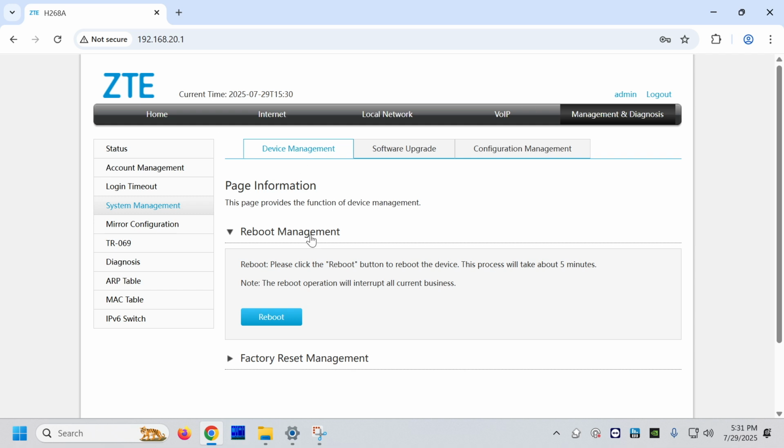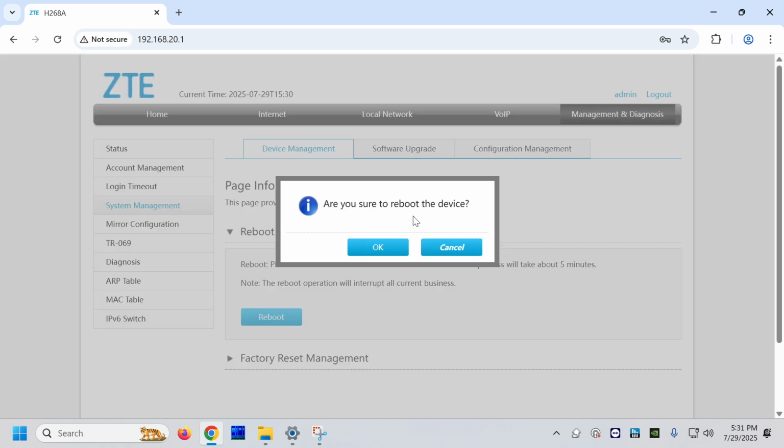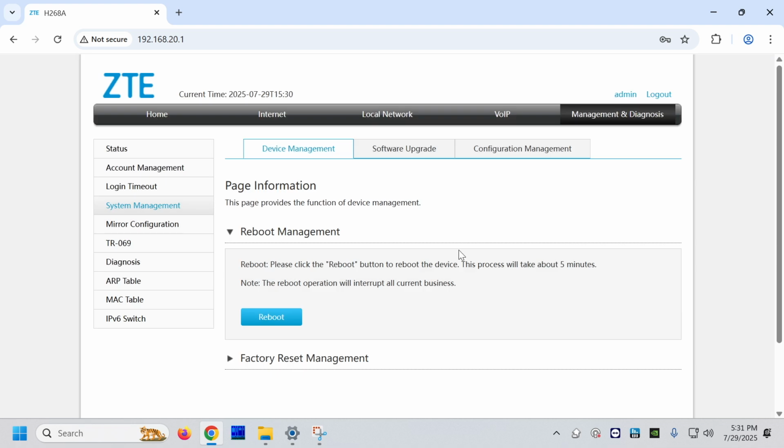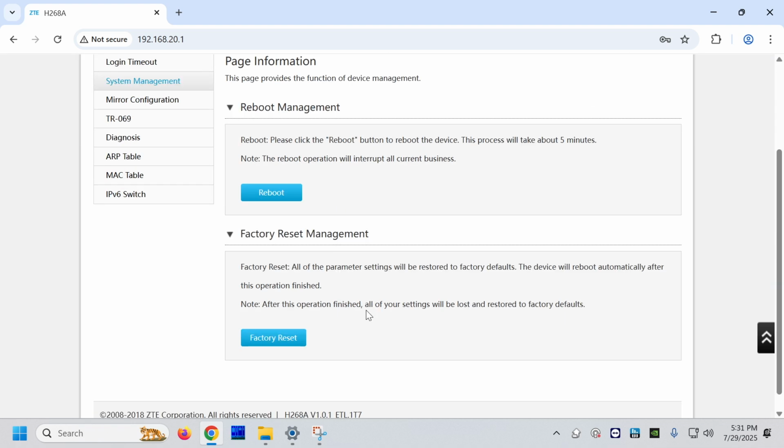What we've really been wanting to look at here is obviously factory reset management. But as you can see, we can also reboot from the admin panel. And so this is just exactly the same as turning it off and then turning it back on again, except you're just doing it through the admin panel. So you'd click reboot. Are you sure you want to reboot the device? Click OK, and that will reboot. But we're not going to do that because we're going to go down to factory reset management